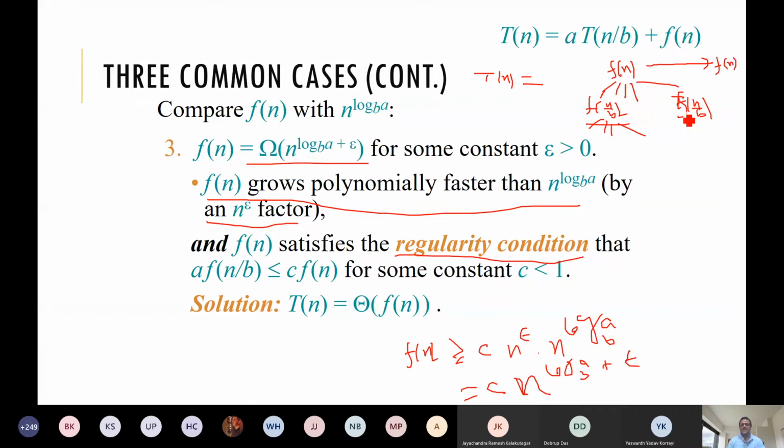the merge cost, and we are thinking that in case 3 this is the dominating cost from all other levels. That is case 3. Now what is the cost at this level? f of n by b into a. A into f of n by b. So that is the cost at this level. So this is bigger, so this is the dominating cost. This has to be bigger than the next level, so that is the condition over here.